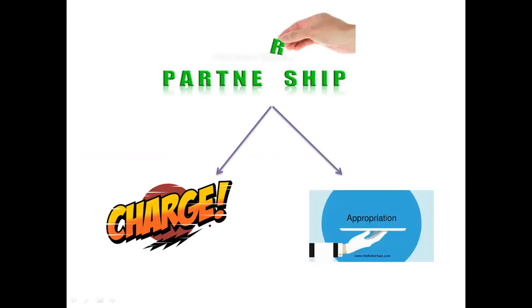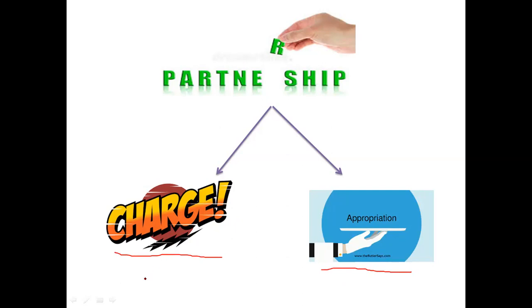So charges are all those items which have to be paid whether the firm earns profit or not. And appropriations are those expenses which are to be given when there is a profit. If there is no profit, these expenses will not be paid. Why is it so? Because these are the expenses which depend on the amount of profit. So all the expenses which are to be given regardless of the profit are termed as charges,